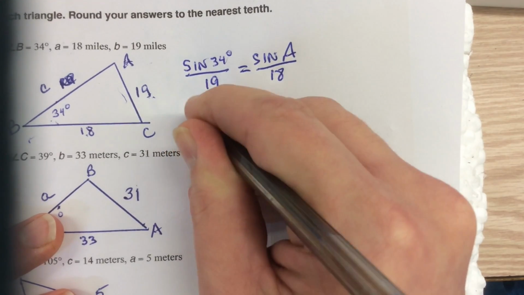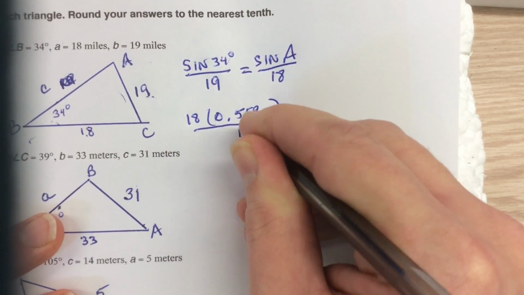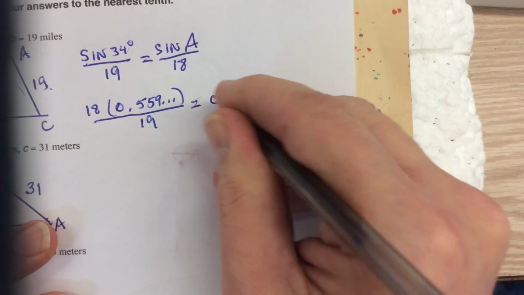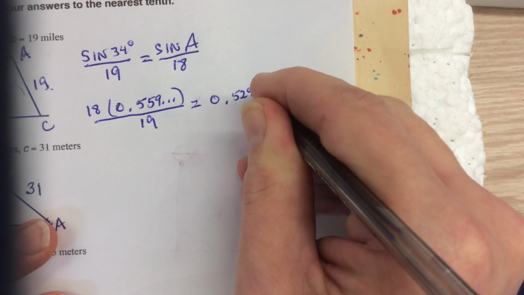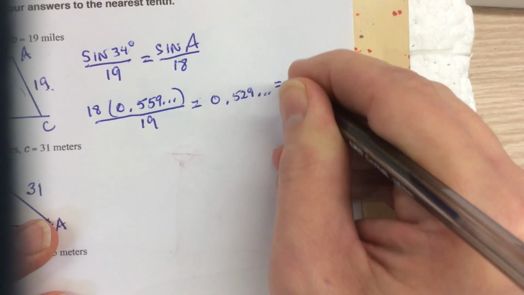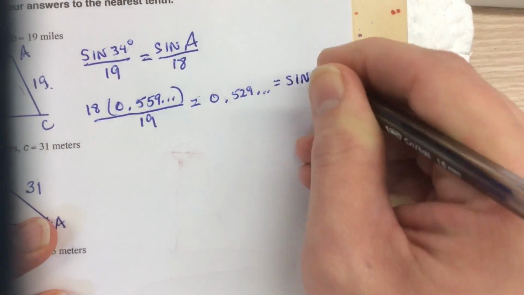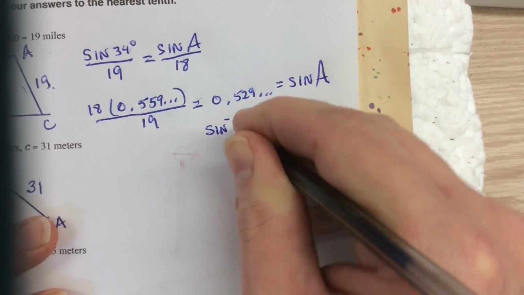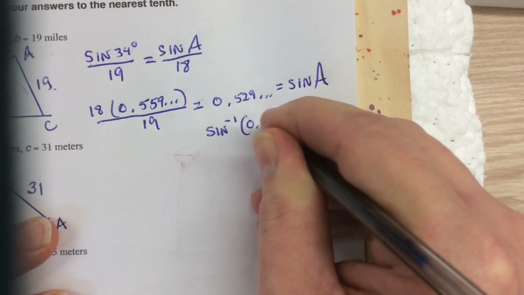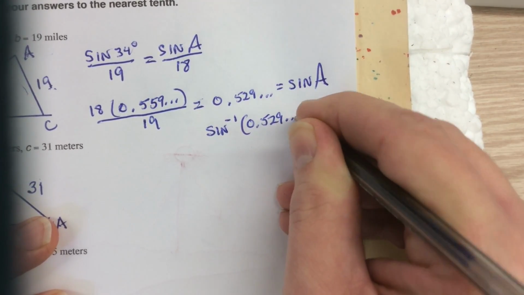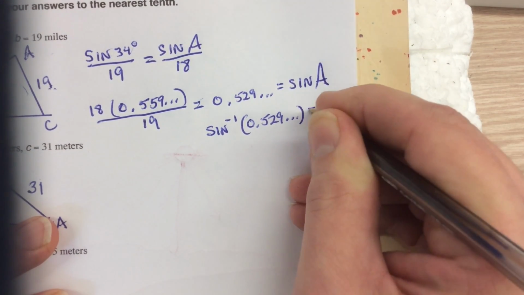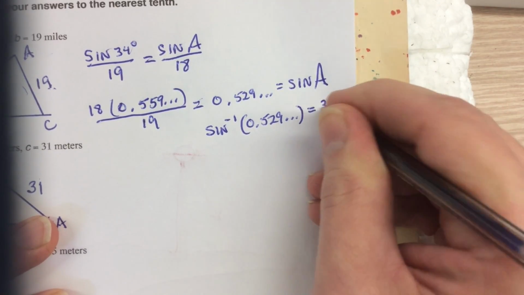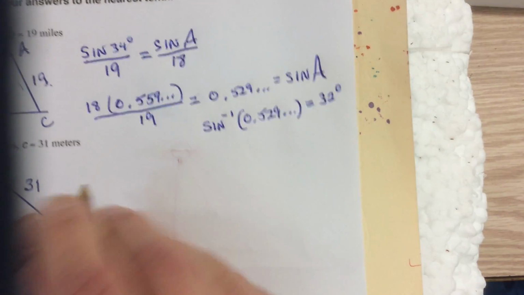If we multiply that by 18, divide the whole thing by 19, that gives us 0.529 something something something, and that's equal to the sine of angle A. The inverse sine of 0.529 something something something is equal to 32 degrees,